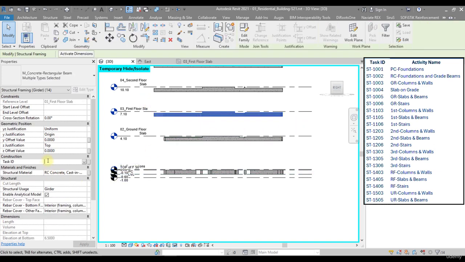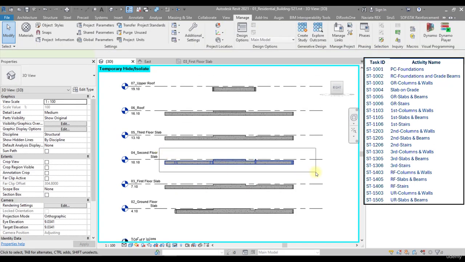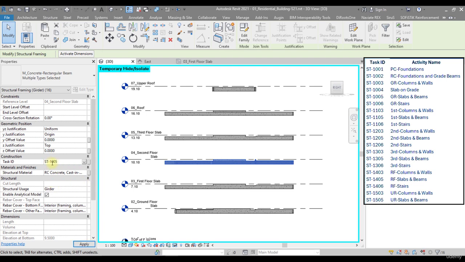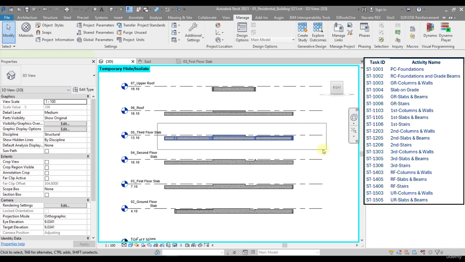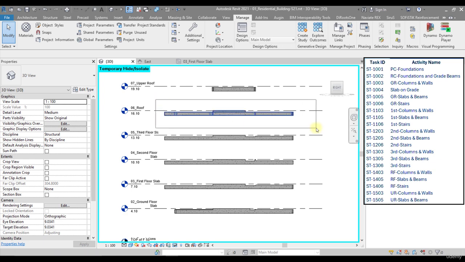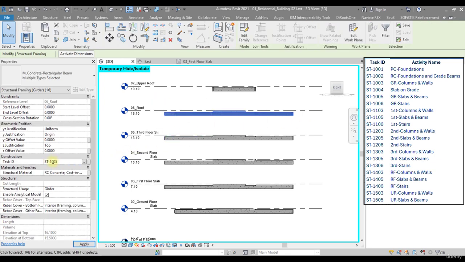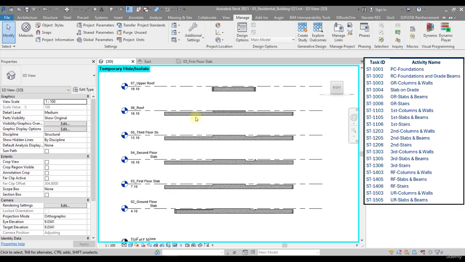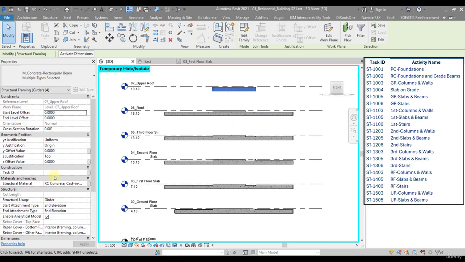And the first floor beams would be 1105, and the second, this 2, and this 3, and this 4, and the last one 5,